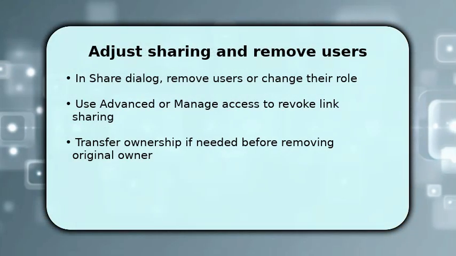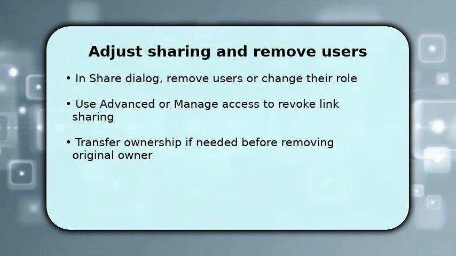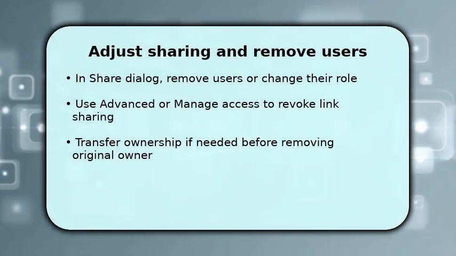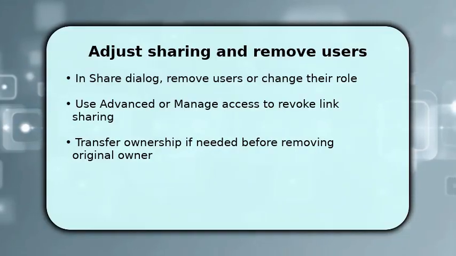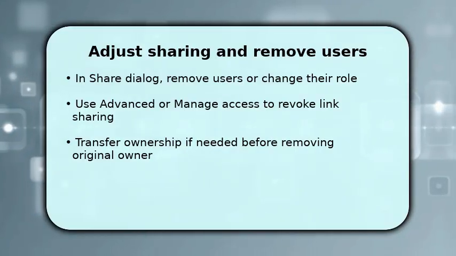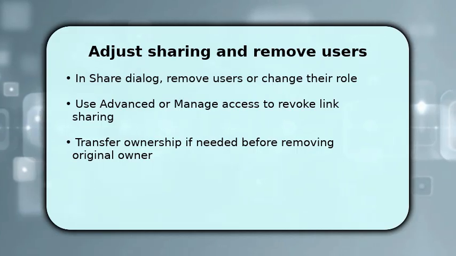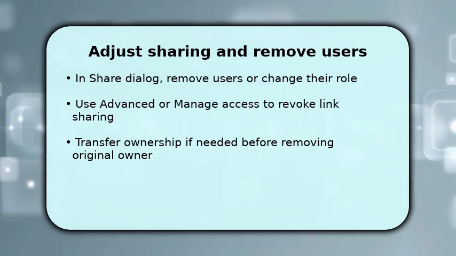Transfer ownership. Once in the share settings, find the person you want to remove and click the role dropdown. Choose Remove to revoke access immediately. If link sharing is set to anyone with link, click Change and set it to restricted so new viewers cannot